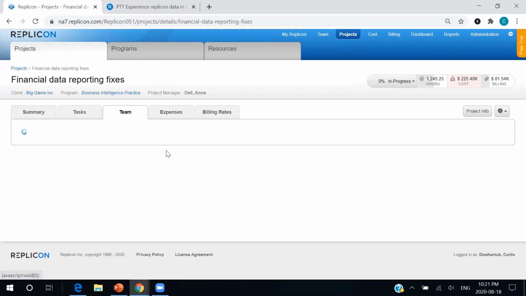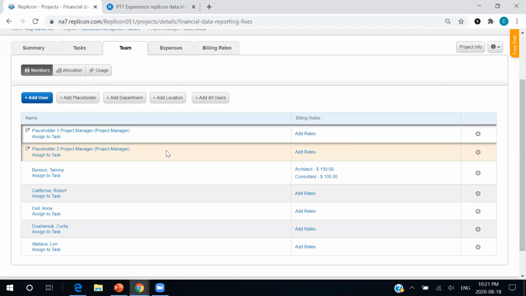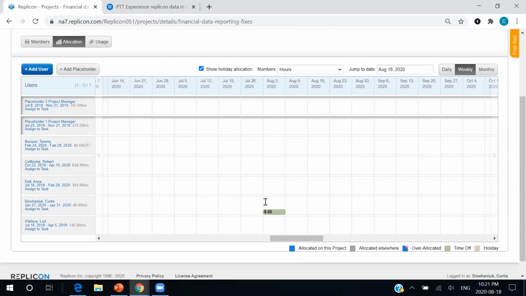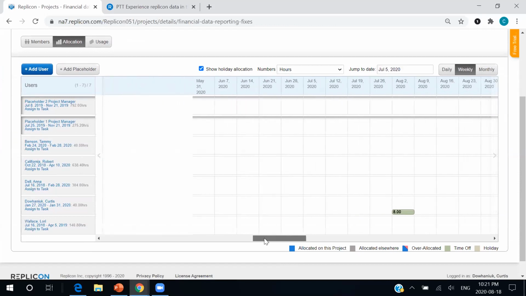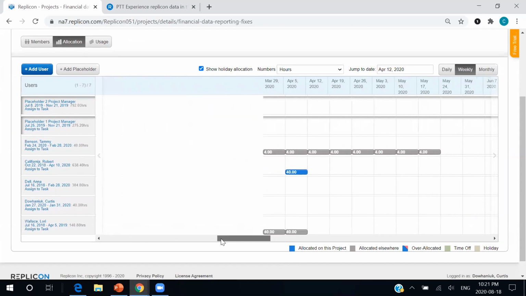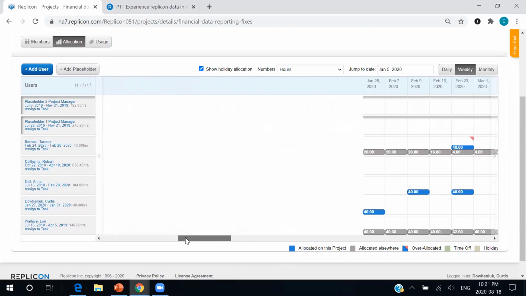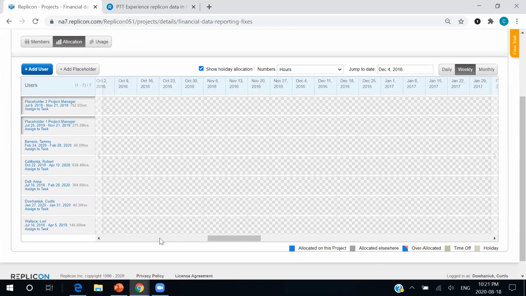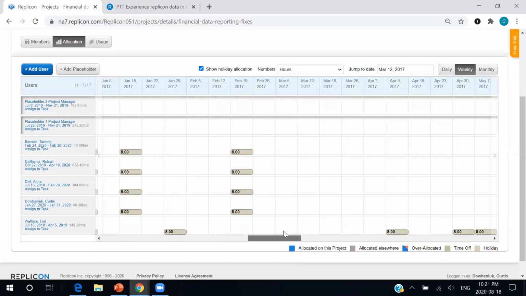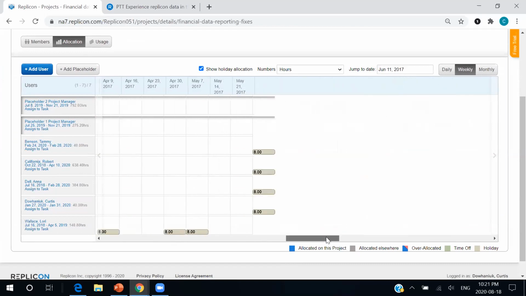We had a look at our team, and it's good to understand who's assigned to a team, but we can take that a step further with our allocation. So our allocation will allow us not only to see who is on our team, but to understand how their hours have been distributed for not only this project, but everything else in our organization. So here we will see a couple of different color codes. We have the hours in gray here, which are hours that are allocated to other projects.